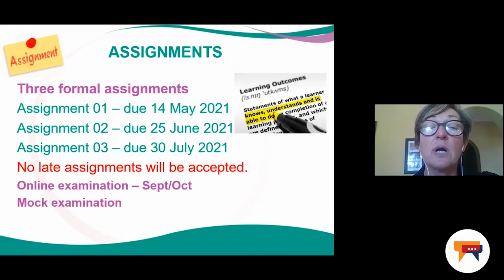This is so that you become accustomed to the practice that in online examination, you have to be present on the day of the examination. You have to download your paper online. You have to submit online in time, because we don't accept late exam submissions via email. And the same rule applies for the assignments. So the online exam will probably take place towards the end of September, beginning of October. And to help you prepare for the online exam, we will schedule a mock examination, of which we will communicate the details closer to the time.